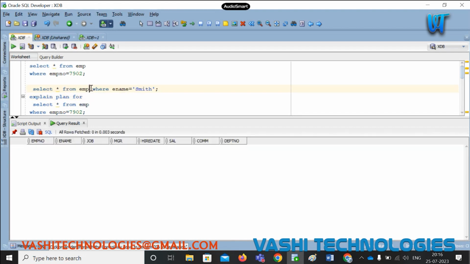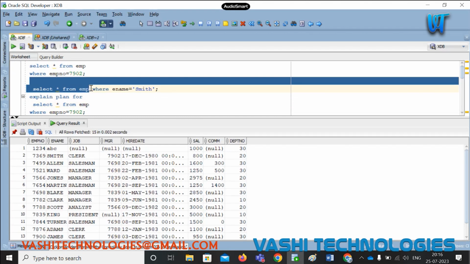Smith is present in the table. Now here I'm selecting the data from the EMP table. See, Smith is present in my table as SMITH. The user may enter the information in capital letters or small letters. I'm not aware of how the user inserted the data into the table, so whatever the format I'm sending,